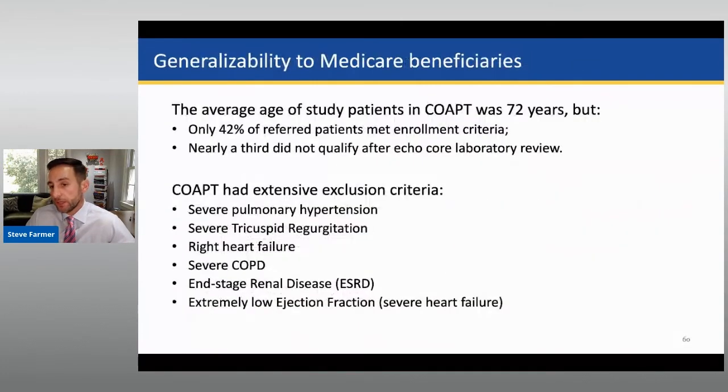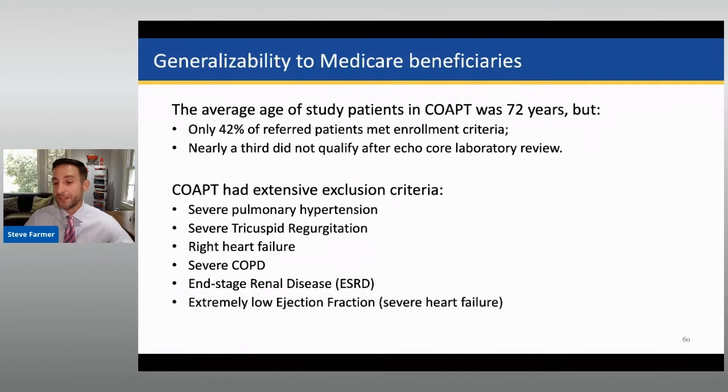Moving to generalizability to Medicare beneficiaries. Returning to the CMS reasonable and necessary criteria, recall that a core consideration for CMS is whether there's evidence that devices are appropriate for Medicare beneficiaries. Central to that assessment is whether there is evidence of benefit in our population, where that device should be furnished and by whom. If we focus solely on the COAPT trial, the average patient age was 72, so Medicare beneficiaries were almost certainly represented in the study cohort generally.